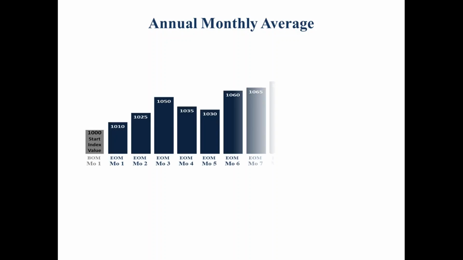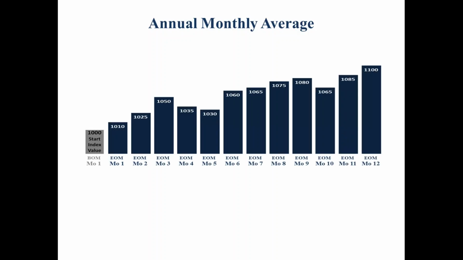Okay, let's look at the next common type of indexed interest crediting form. It's called an annual monthly average. It'll go by various names. It could be called the 1-year annual with monthly averaging, but what they're doing is it's called an averaging strategy. This one works a bit differently, although there are similarities. So here's our same